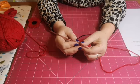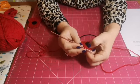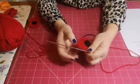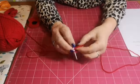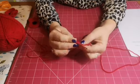What am I doing now? I've forgotten what I'm doing. So I've done a double crochet into that one, and now we're going to do basically the same but the other side. So I'm going to put 2 trebles into this first one. So 1